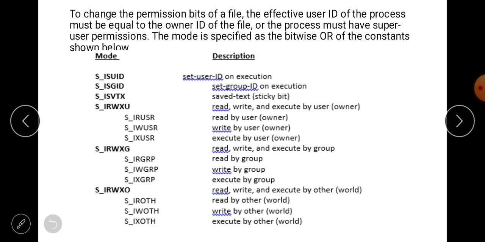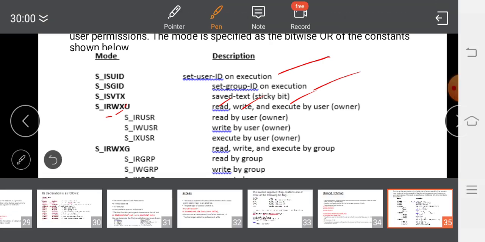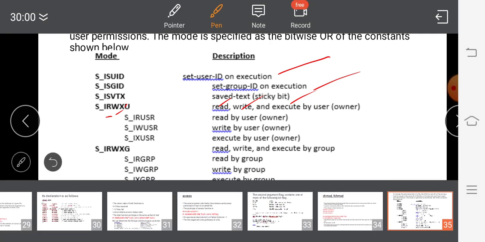The modes are S_ISUID, set user ID on execution; S_ISGID, set group ID on execution; S_ISVTX, saved text; and S_IRWXU, read, write, execute by the user. R represents read, W represents write, X represents execute.